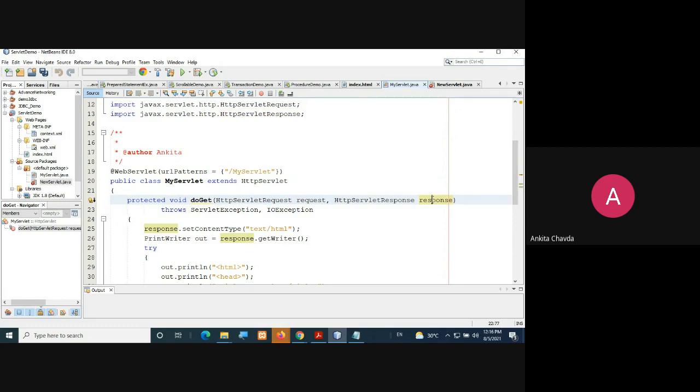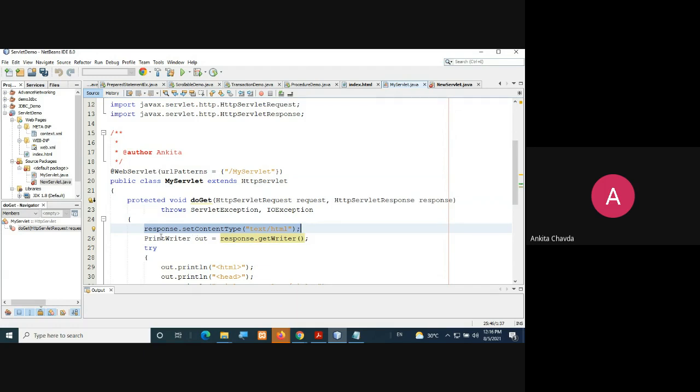It throws ServletException and IOException. Right. Now response.setContentType: whatever response you are getting, you are getting it as text or as HTML. Okay, you get that response in that way.